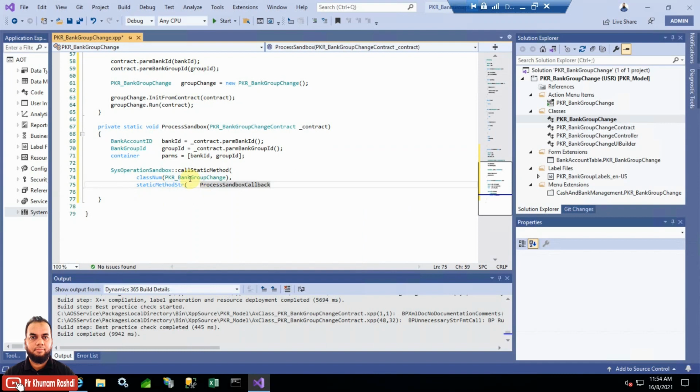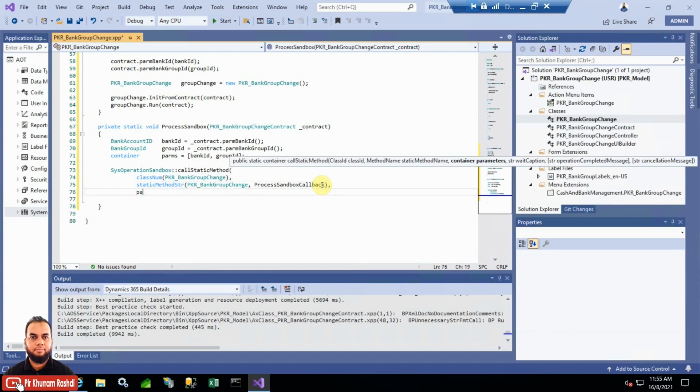First let me paste the method name and the class name with a comma. So class name and the method name we need to pass, and then the container will be params which we just populated,